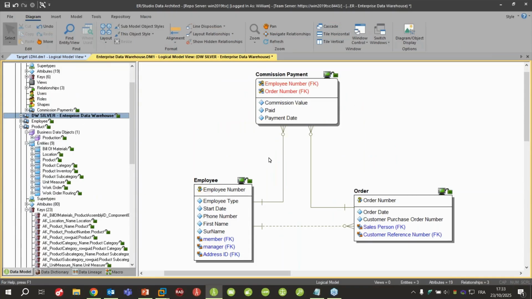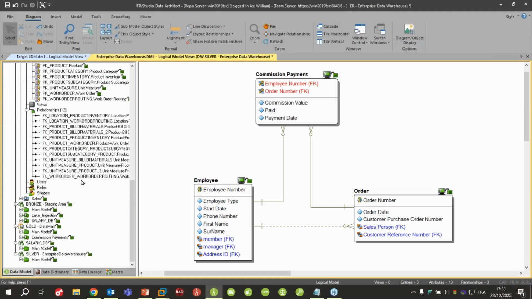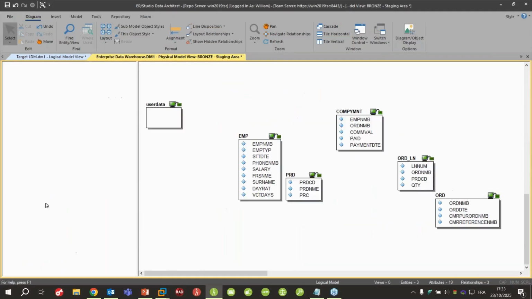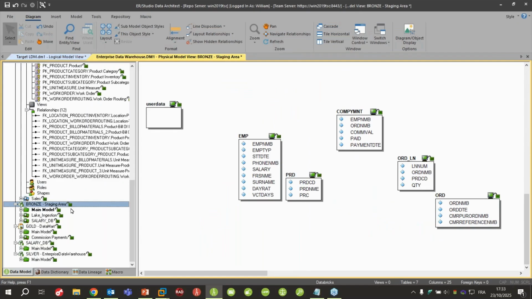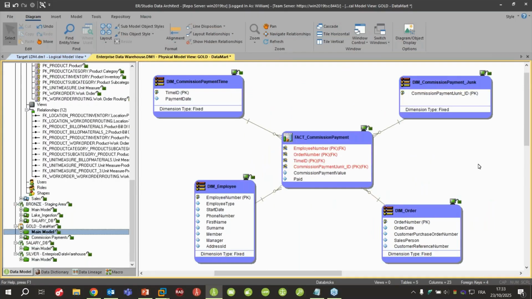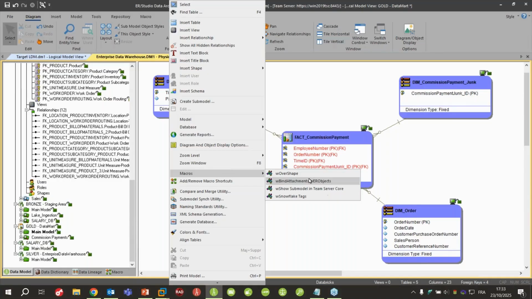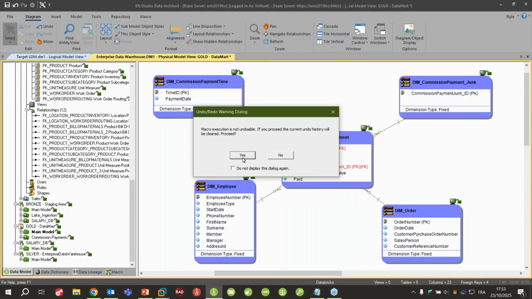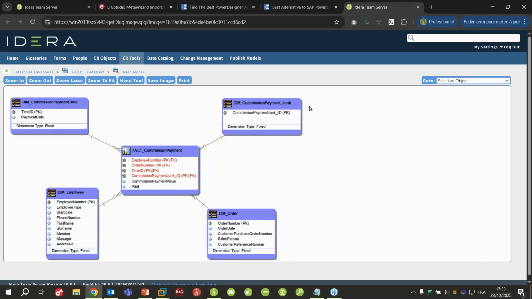And if I want to, I can directly view my different layers. So I have here my data warehouse with my silver layer directly available, but within the same project, I have my staging area. So this is a medallion architecture. I have my staging area with all my different tables with no ID, no relationship available. But I also have my gold layer with my star schema where I can find my fact table with the different dimensions, and I can view when this project is ready. I can directly view this project on my team server. So for example, if I navigate to my team server, here I have the same project.